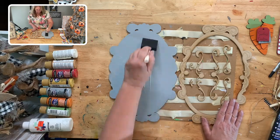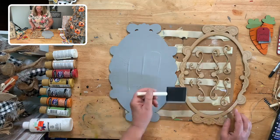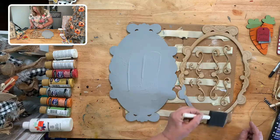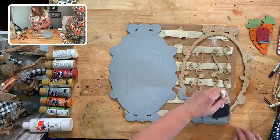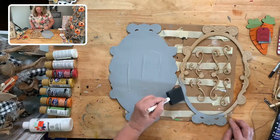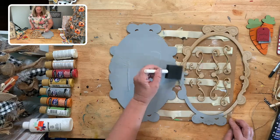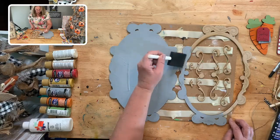All right. Okay, now I have all this paint that's still in the center to use over here. So I'm just going to carefully go over here and do all of this. If I need to get a smaller brush now, I definitely could switch to a smaller brush. We'll see how difficult it is. I don't think it's going to be difficult at all. And then we're going to do some dry brushing with some white, and then we're going to do some